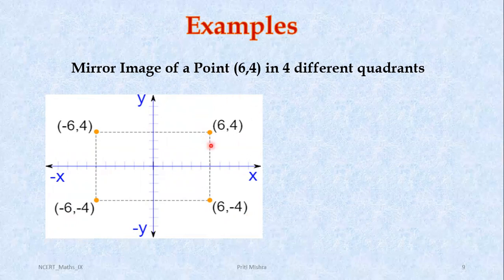And in the same way, if you have to find the mirror image of (6, 4) with respect to the x-axis, exactly at the same distance you can have this, and it will be (6, -4), because here in the fourth quadrant we have the plus minus convention. So this is the mirror image of the point (6, 4), right? So in this way you can find the mirror image of any point with respect to any axis, and this is a very important concept.